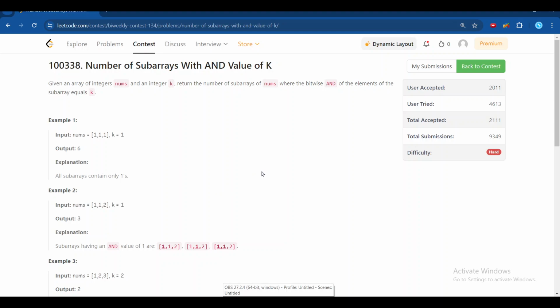Hello everyone. Today I am going to discuss the last problem of biweekly contest 134 on LeetCode, which is Number of Subarrays with AND value of k. The problem title itself explains the problem statement. We are given an integer array nums and an integer k. We have to find the number of subarrays of nums where the bitwise AND of all the elements of the subarray